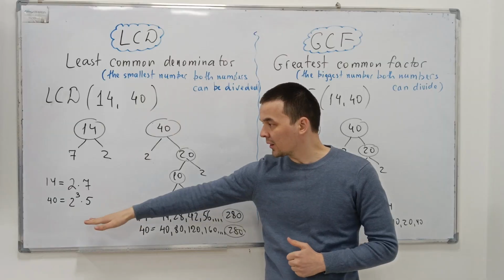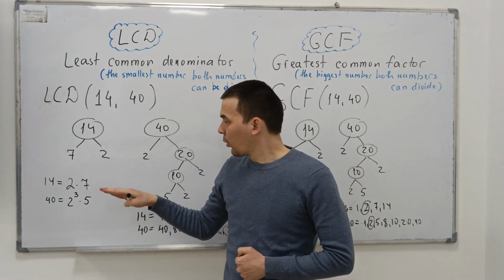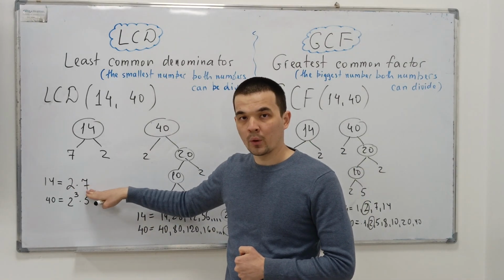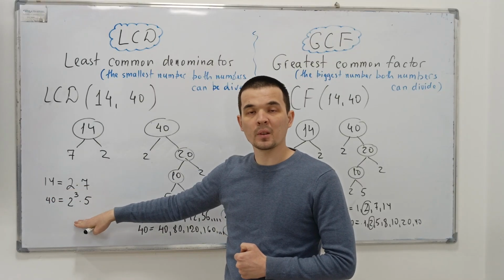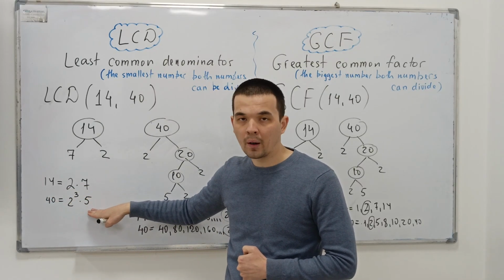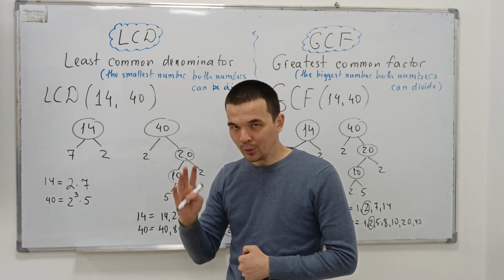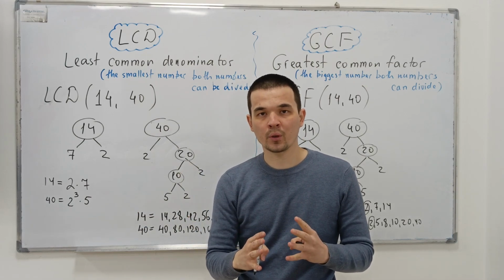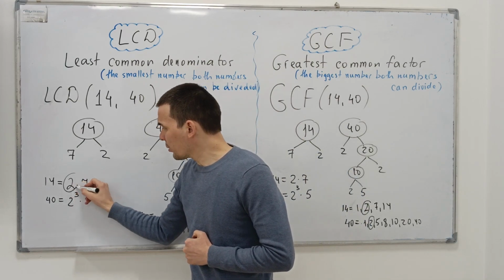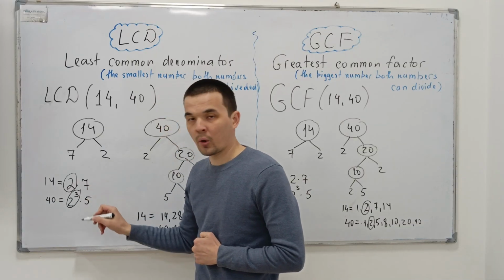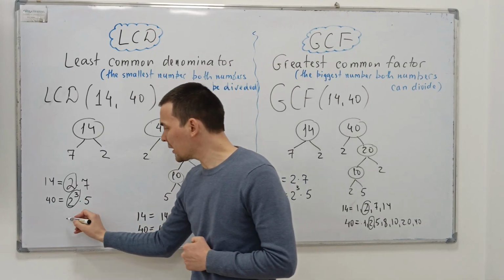We have an easier explanation here. As I told you, 2 times 7 is equal to 14, and 2 exponent 3 times 5 is equal to 40. Please keep in mind and do not forget: you have 2 and you have 2 exponent 3. Please always choose